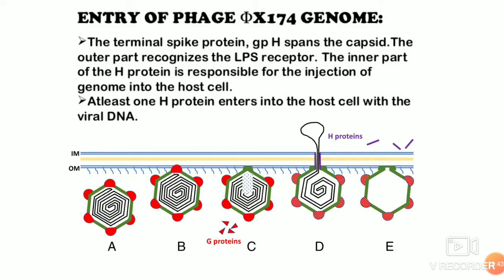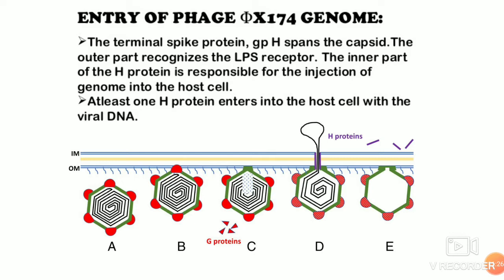A is before attachment, B is when there is an interaction between the membrane lipopolysaccharide and the coat protein. So the red color patches that you see are the spike protein, those are the G protein. So the native phiX174 recognizes its host carrying specific lipopolysaccharide on the surface through interaction with G spikes, that is the red color interaction. Once there is interaction, that destabilizes this spike protein.